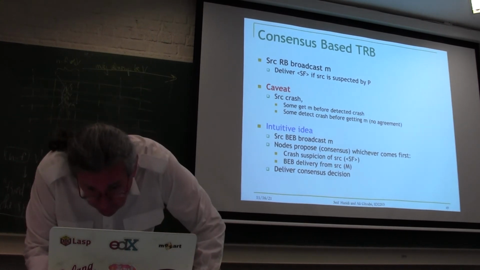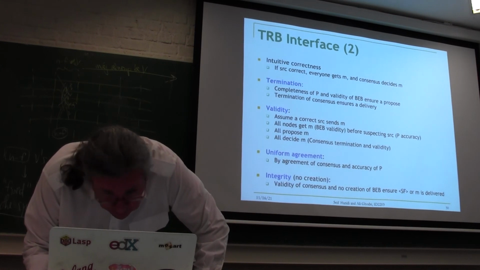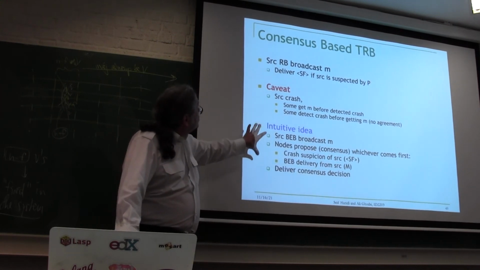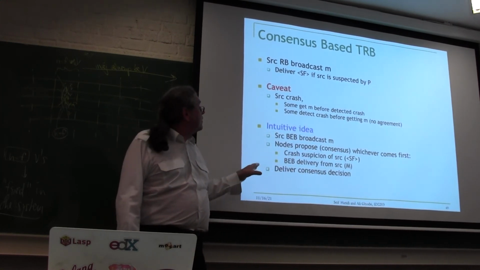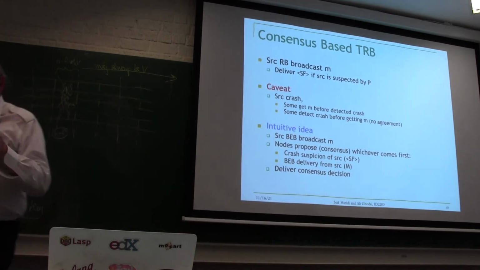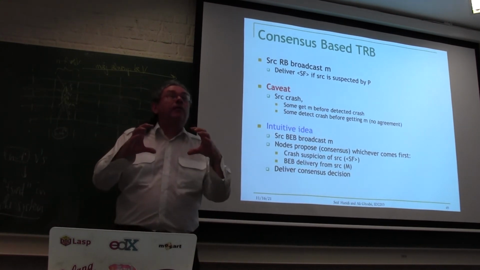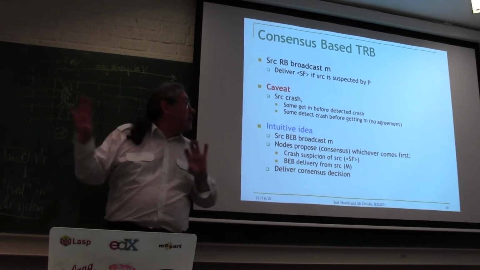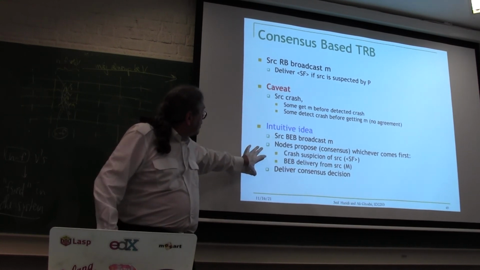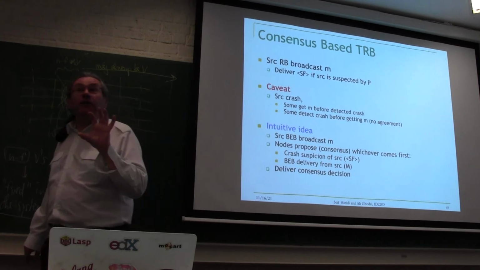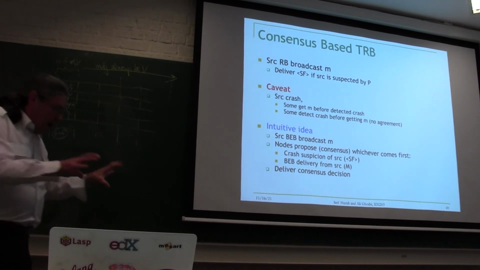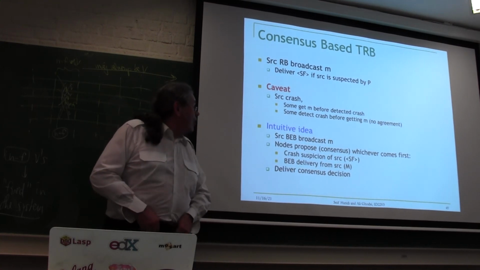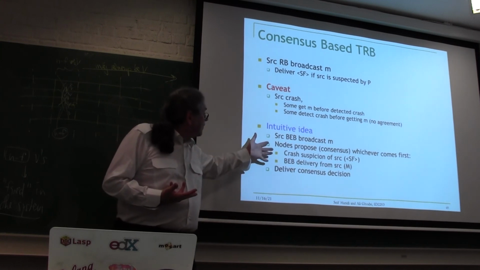Okay. That's all I want. Let me stop here today. I just wanted to connect TRB to consensus. So the point is that consensus is like a building block, and you can use it to add strength to many different algorithms. Here we are using consensus to make reliable broadcast stronger by letting it tell you when it's done. That's actually making it a lot stronger, but that strength comes from consensus, okay?